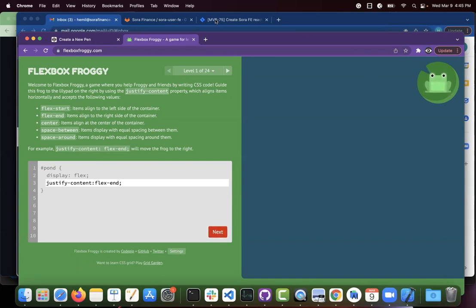Okay, so again, justify content has more than three options. It has many. Let's say you have multiple elements and you want all of them to be on the right side. Think of the left side as the start, and the right side as the end. So if I say end, it puts it on the right side. And the next one is,